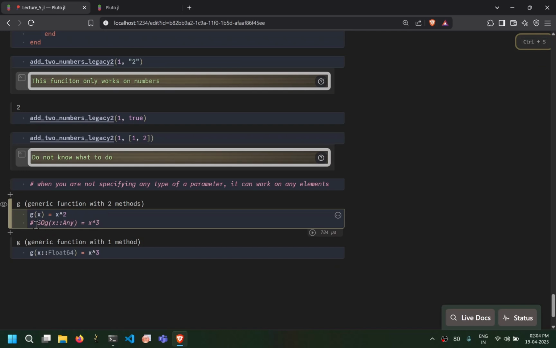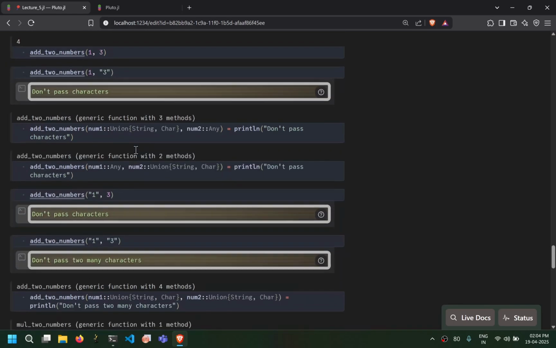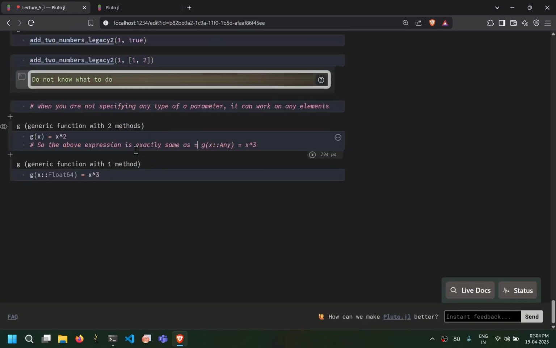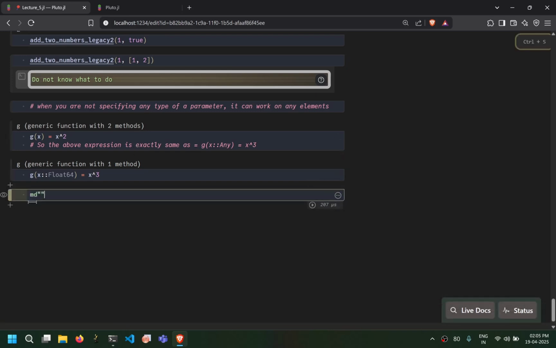Okay, so the above expression is exactly the same as this. Okay, so with the help of this multiple dispatch, Julia can determine at runtime which of the function definitions to use for a particular set of parameters that you have passed, and that makes it a very fast language. So I hope you have understood these concepts completely, and we'll go on to the next sections where